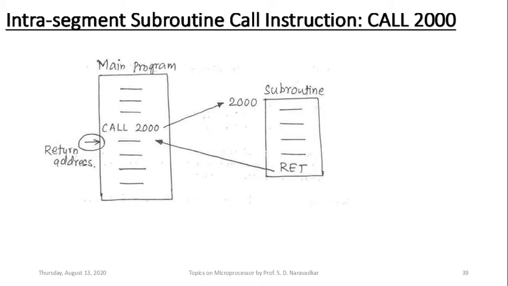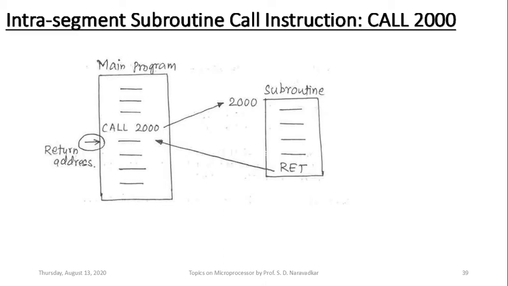And from this starting address of the subroutine at 2000, the subroutine will get executed just like a normal program, in a sequential order again. And towards the bottom of that subroutine there is a return instruction, and because of that return instruction, the return address which was copied onto the stack earlier will be retrieved and once again loaded to the instruction pointer, and subsequently the processor returns back to the main program just below the call instruction.